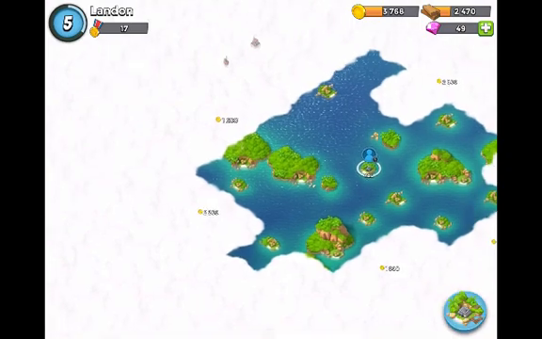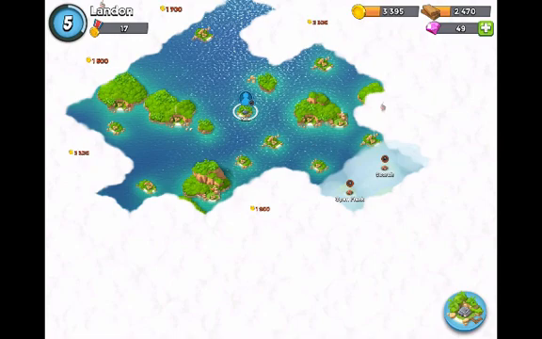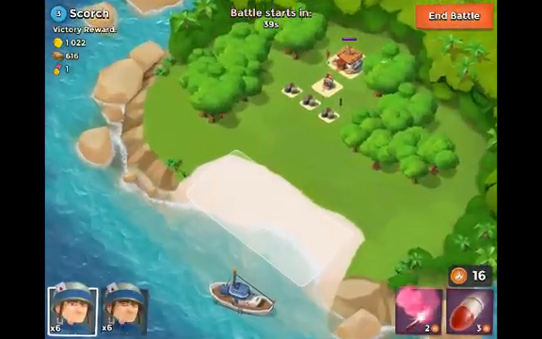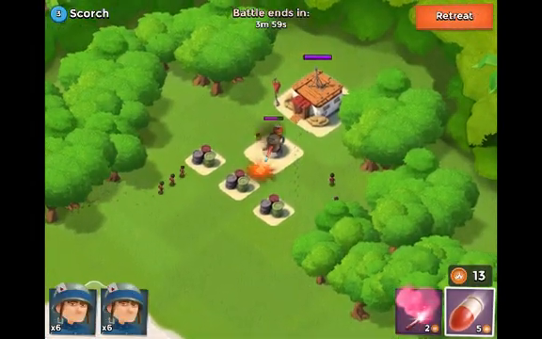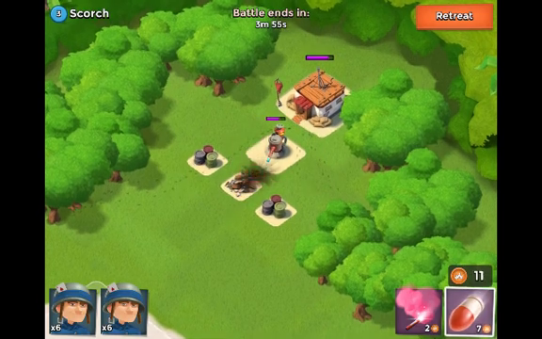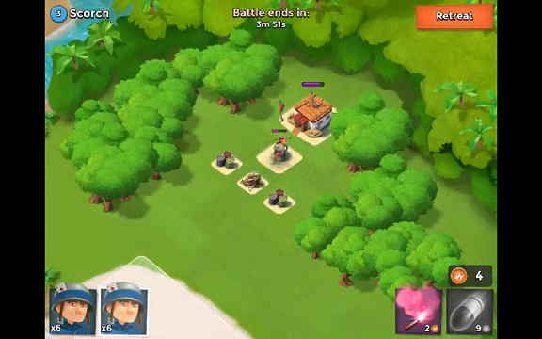But now we can explore some more areas because we got that awesome upgrade for our satellite. So we have 2 attacks. We're not even going to scout it out because we're that confident. So this guy has this Scorch battle, he has a flamethrower. I tried to get the little pocket of resources, and